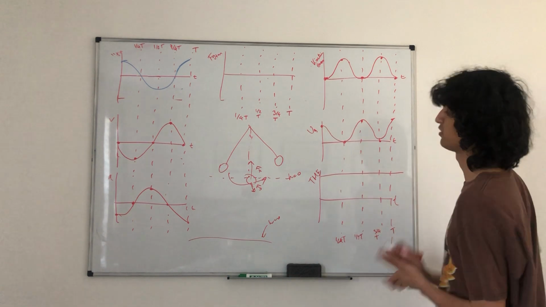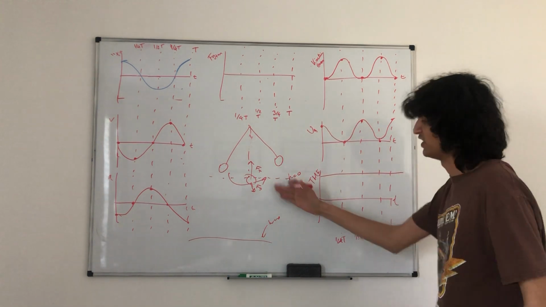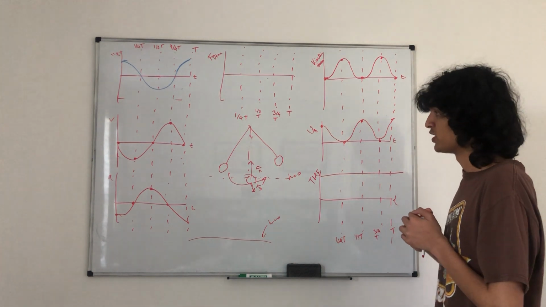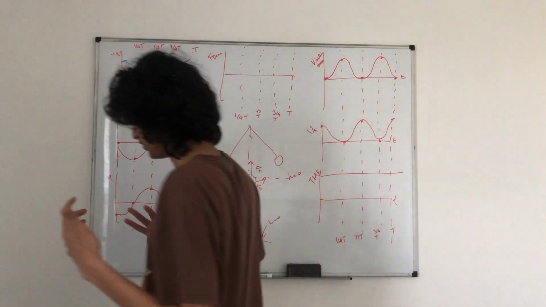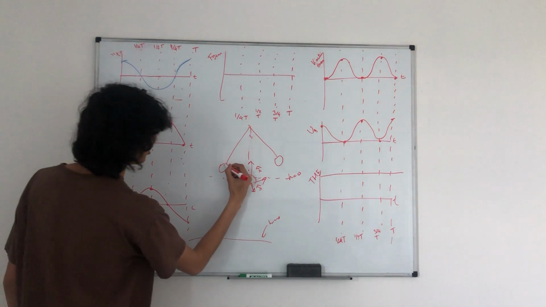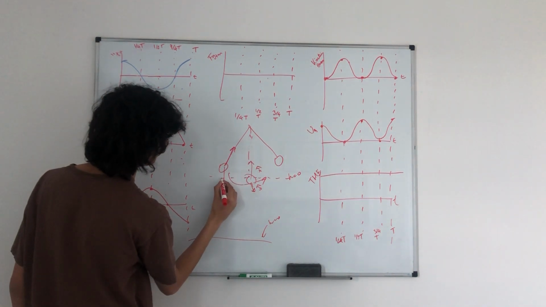You're going to have more total mechanical energy to begin with. It just makes more sense to set this equal to 0. But yeah, let's do the FG tangential. FG tangential in this case is the restoring force. So if you draw your FT, if you draw your FG,